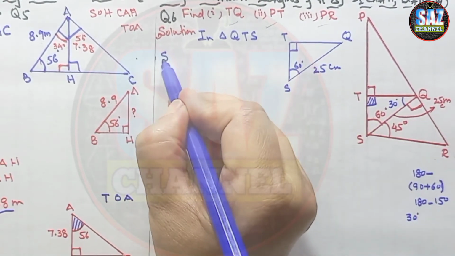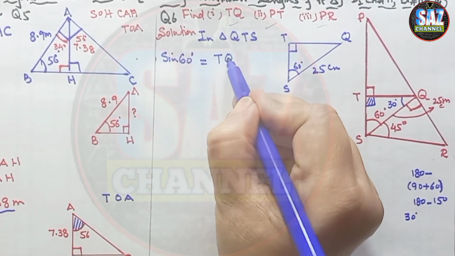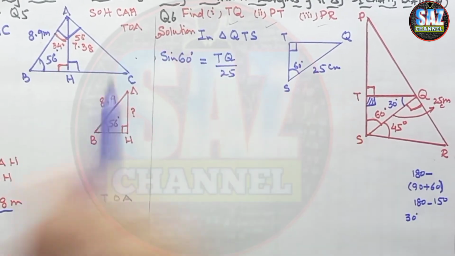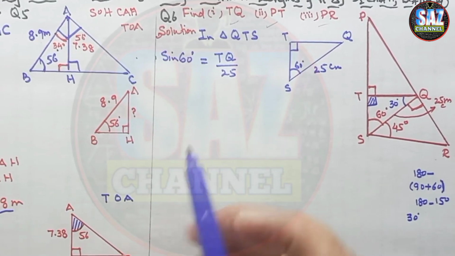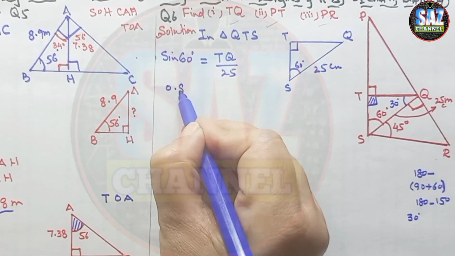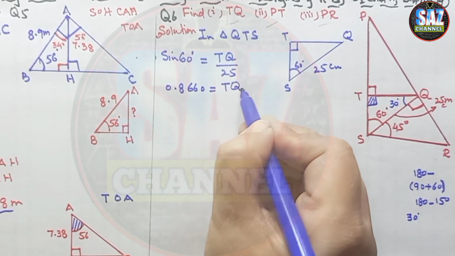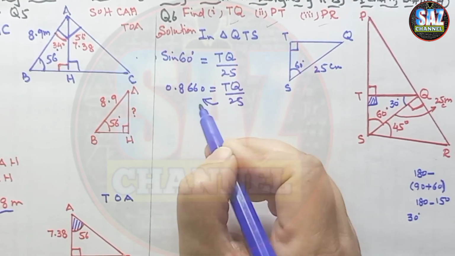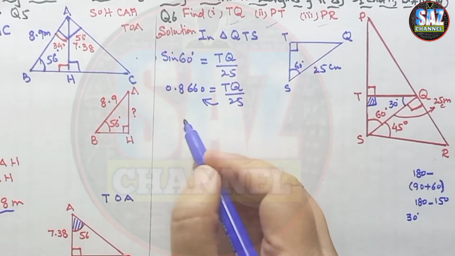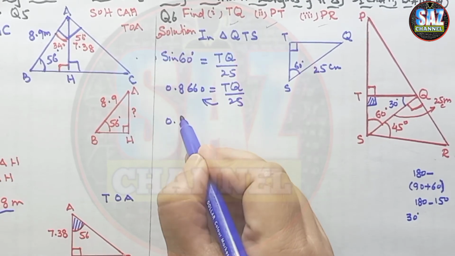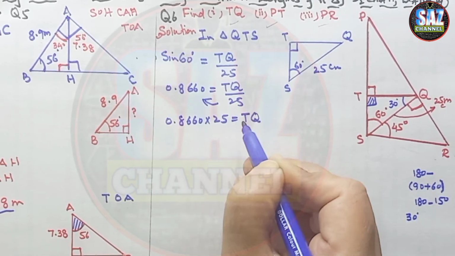Sine 60 degrees equals TQ upon 25. Now sine 60 degrees has the value 0.8660 equals TQ by 25. Shift 25 to the other side, 0.8660 multiplied by 25, and this gives me